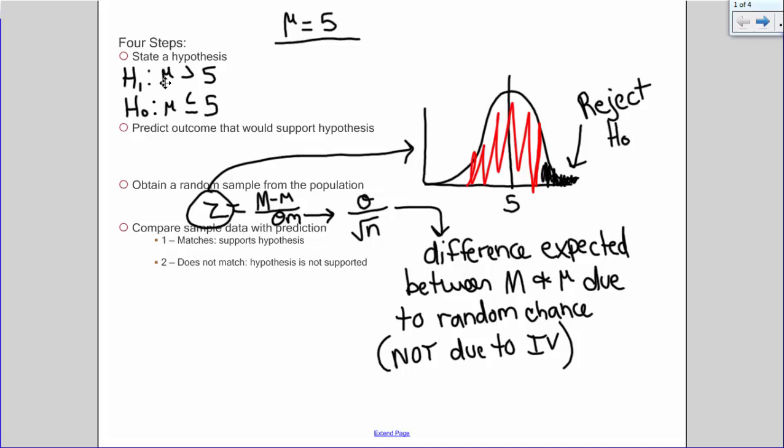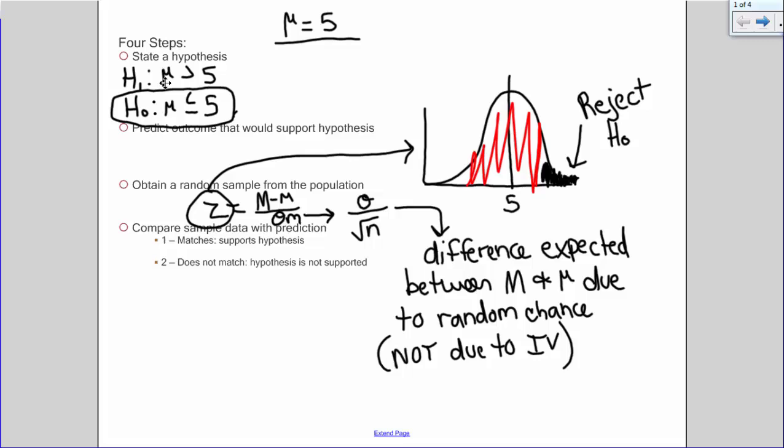Hooray! We reject the null, right? We want to reject the null. That's going against what we thought was happening. And you would conclude that, yeah, this pamphlet had a significant, in this case, increase on pizza consumption, if that was the original hypothesis. Now, if you have a situation where you calculate your z-score and it does not fall